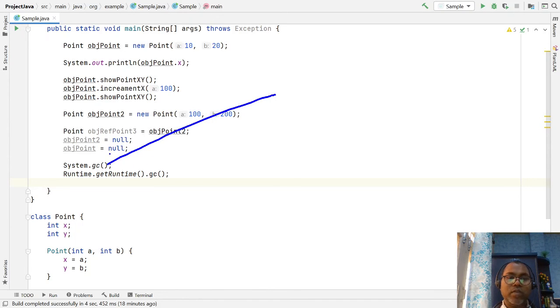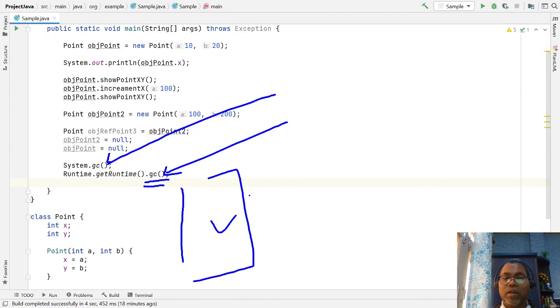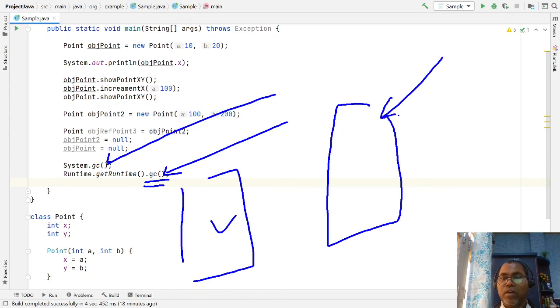We can request the JVM to start the garbage collector, but there is no guarantee that when this code executes, the garbage collector will run at the same time. The garbage collector runs on the basis of what properties are configured in the Java runtime environment.